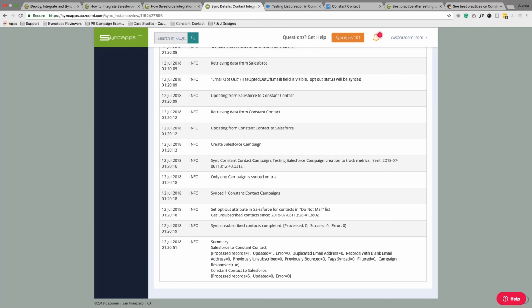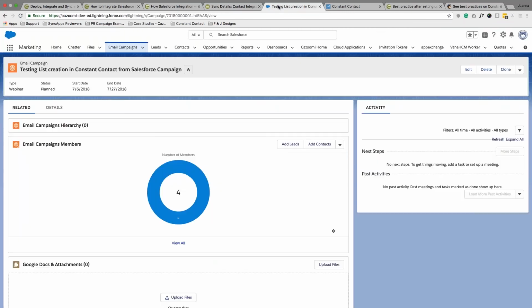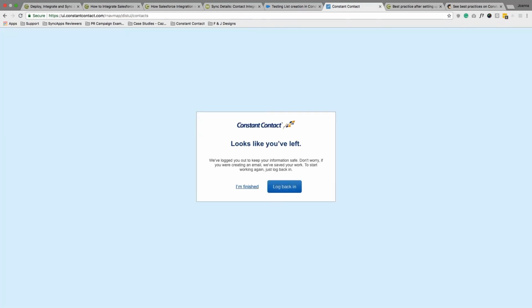So let's check our Salesforce to Constant Contact. After that one, go to your Salesforce. So as you can see, we have campaign members, which are 4. These are all contacts. And over in Constant Contact,